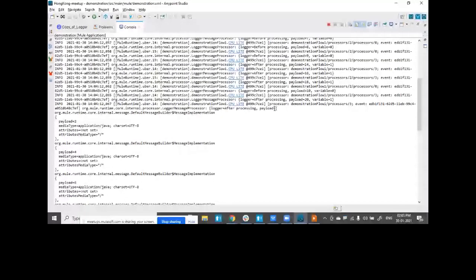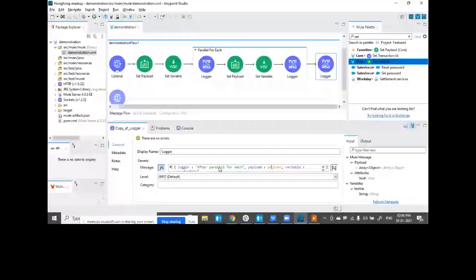So it's very simple. You can go ahead and make use of a DataWeave expression to pull out all these values. If I have to pull out the value, I can write a very simple DataWeave expression. I hope you all are already aware, it's a simple descendant operation that we will make use of. So I'll say after parallel for each, and in the payload, instead of writing payload, I'll say payload dot dot payload. This is how you make use of the descendant operator.